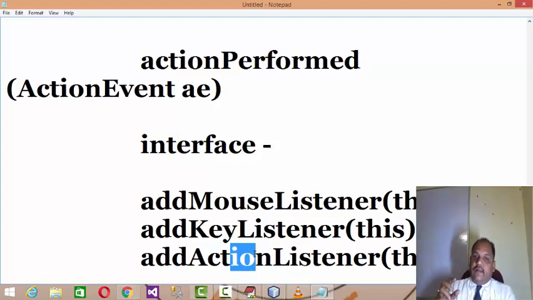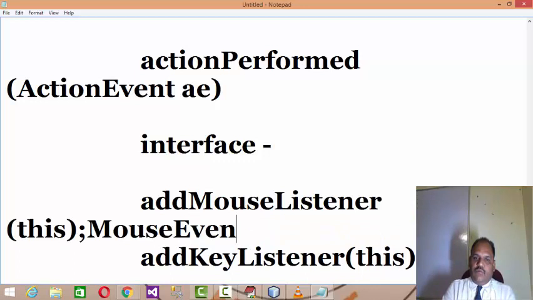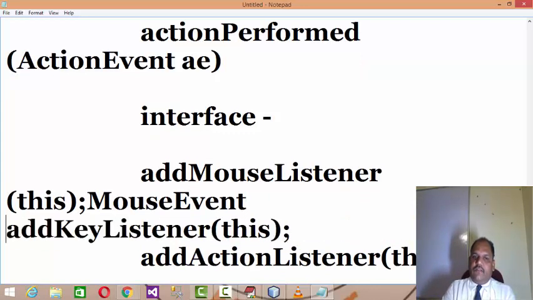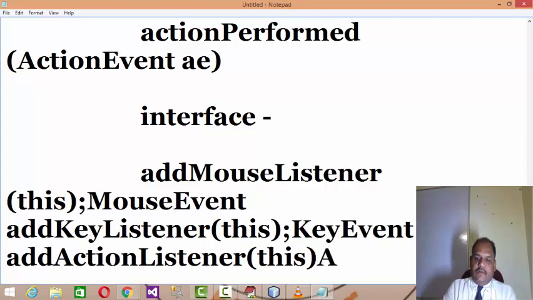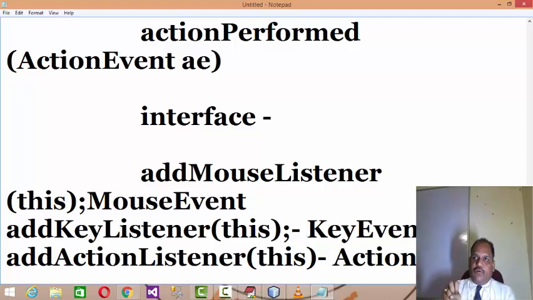These listeners will generate the object of MouseEvent, the object of KeyEvent, and the object of ActionEvent. It's like when somebody asks you a question, you have to listen to that question and then process it. So the interface provides you the abstract methods that you have to add to the application, and then your application starts listening to the events.